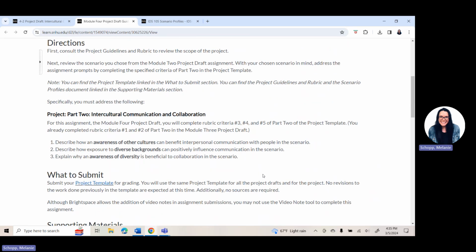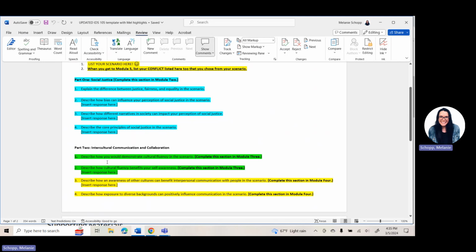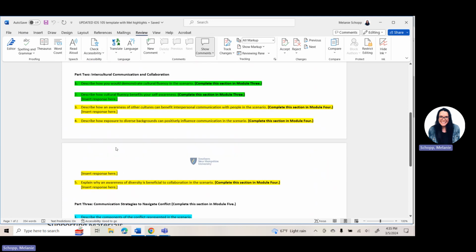As a reminder, you can utilize the same project template that you have been using from week to week. If for some reason you lost it, you can't find it, need to start over, you can click right on the project draft template. When you open it up, it looks something like this. Yours will not have any of the highlights. Remember, you already completed part 1 back in Week 2, and then you started part 2 by completing the first 2 questions back in Module 3. This week for Module 4, you are centering in on questions 3, 4, and 5.